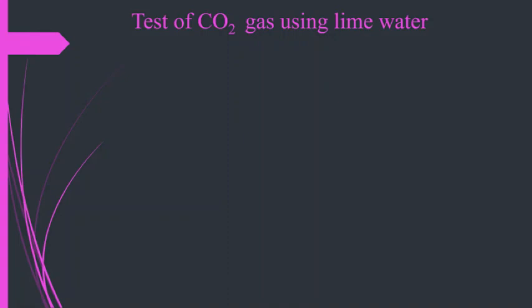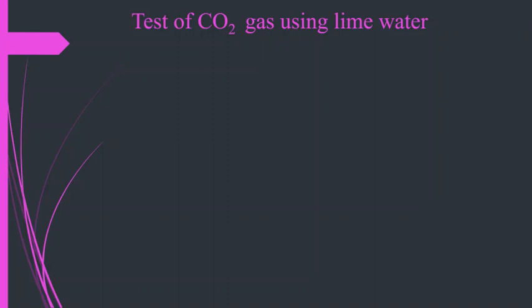Dear students, in the decomposition reaction, when calcium carbonate is decomposed, then carbon dioxide gas is produced from there. Not only by this reaction, in different ways carbon dioxide gas can be produced. When carbon is burnt in oxygen, then carbon dioxide gas is produced. When any type of carbonate compound, calcium carbonate, sodium carbonate or zinc carbonate, in this type of carbonate or bicarbonate compound, when reacts with acid, then also carbon dioxide gas is produced. So by different ways carbon dioxide gas can be produced.